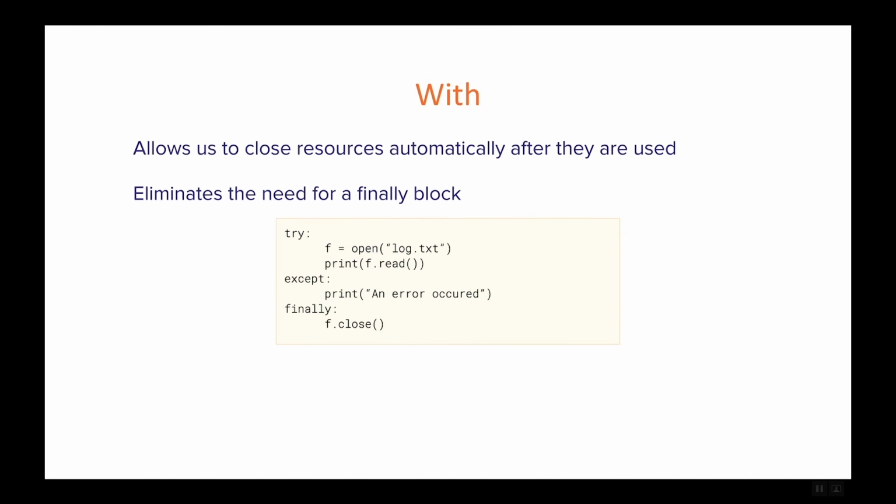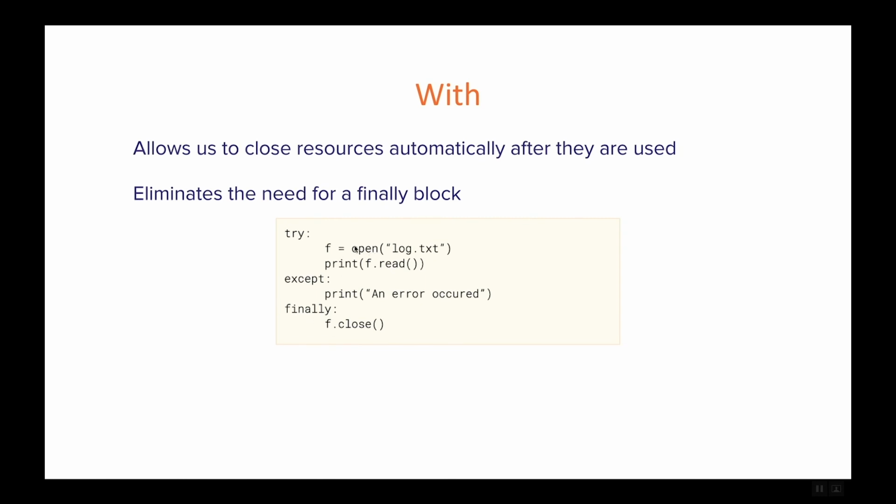What's important here, I don't want you to focus too much on these methods. We will study them in detail in a future section. But what I want you to focus on is the structure that we have for our code. So we have a try, we have an open file here. Okay, so in this case, if the file does not exist, then we would get an error. Okay, so we catch that error in our except block, an error occurred, and then whatever happens, we close that